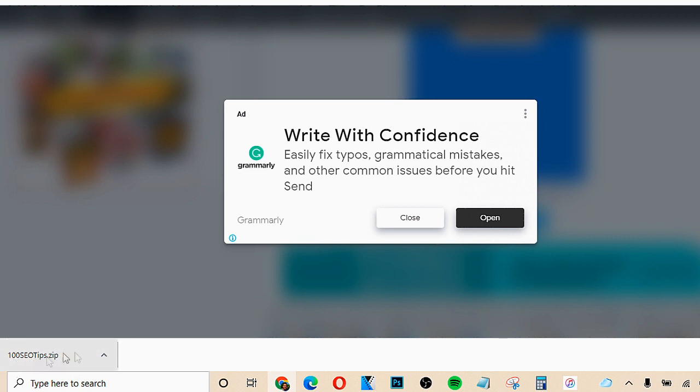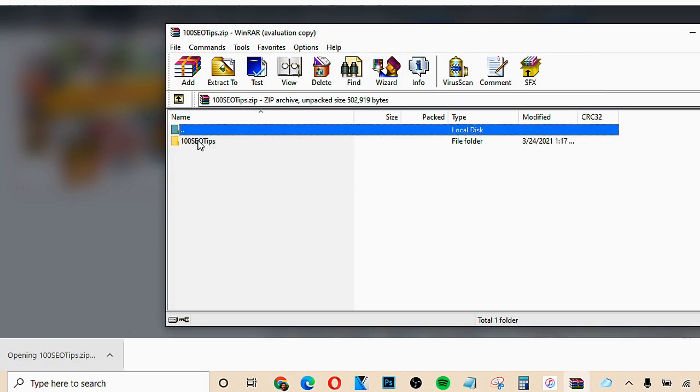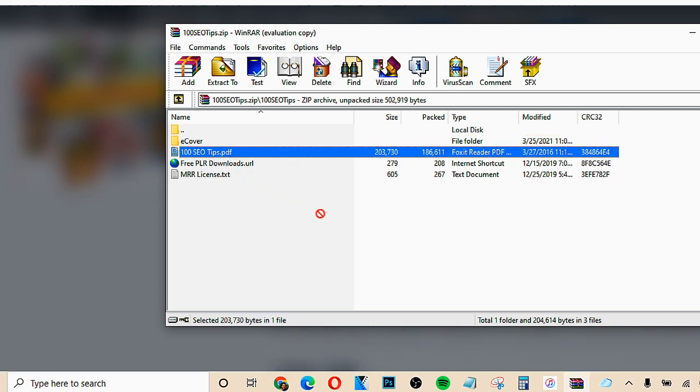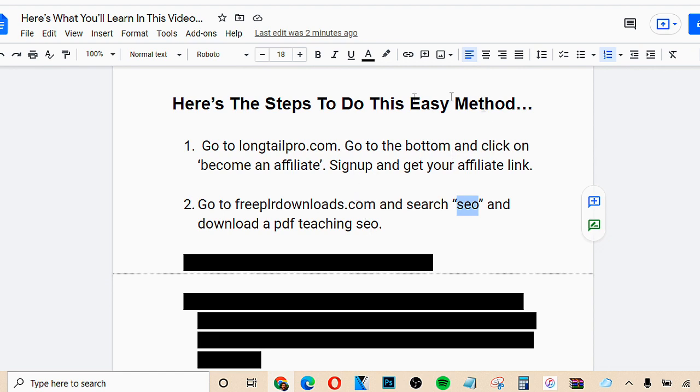Now, once we download this, if it's in a zip file, we want to open this up, and we want to just take the PDF right here and put this on our desktop computer. Okay, so I saved it to my desktop computer. Now, once we have a PDF that's related to SEO, which is going to be related to Longtail Pro, as you'll see in a second,